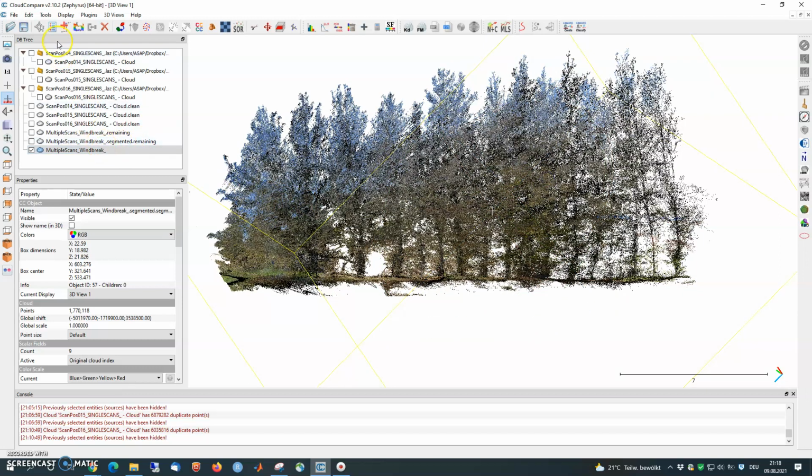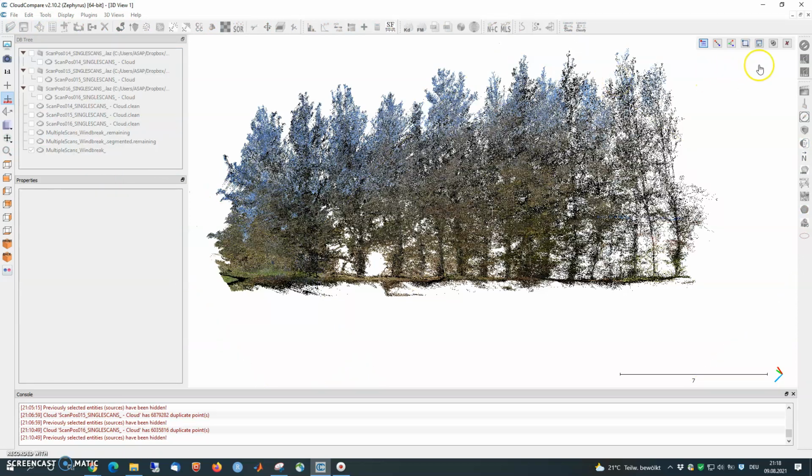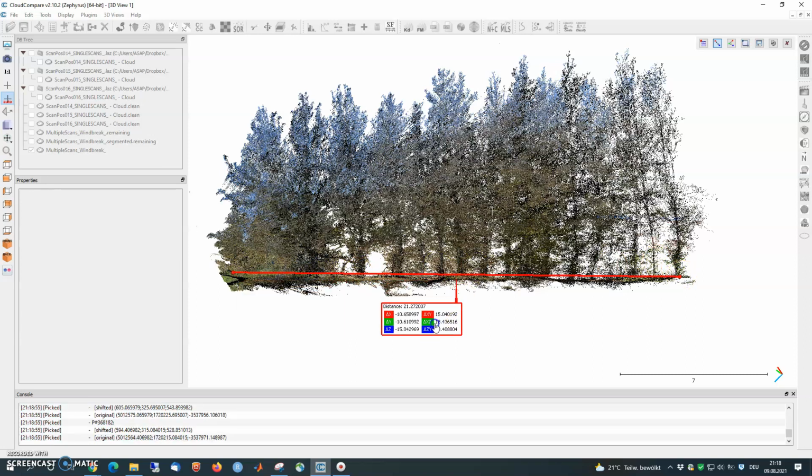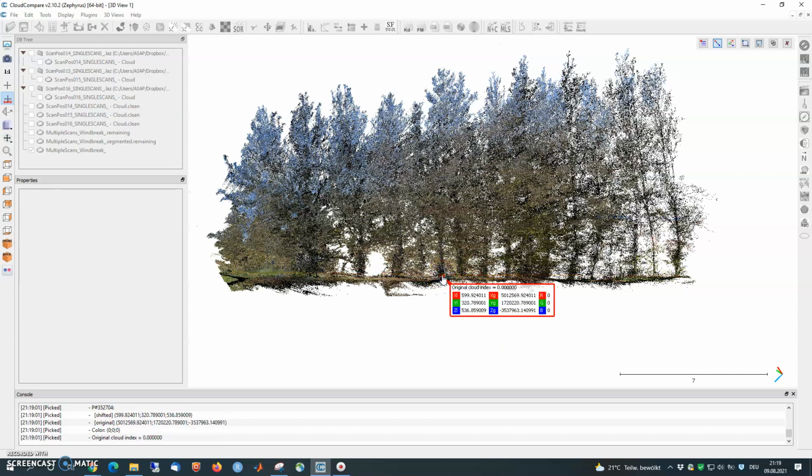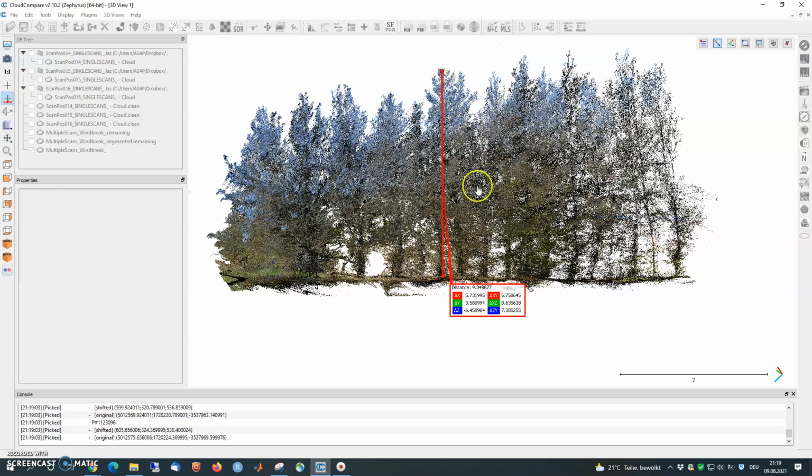Let's try to measure the width of the windbreak. So we select again the picking point tool, and let's click here. And then on the other side. And this is 21 meters. Not bad. Let's measure some tree heights. Here in the bottom, and then here in the top. 9.3 meters. Let's see, this one looks like